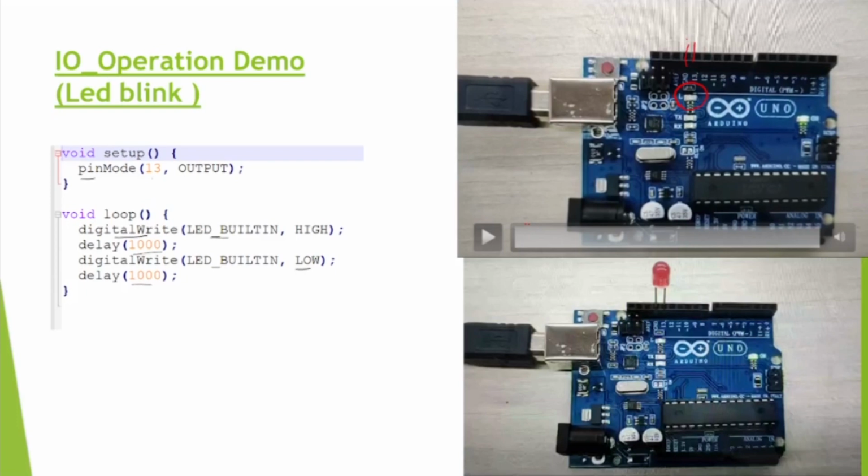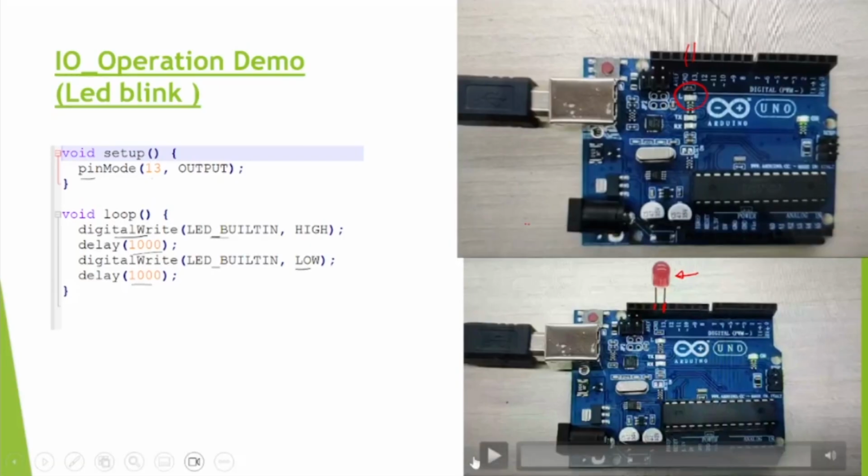Suppose I am defining the LED pin as 13 and ground, then I can connect in the second figure here. So this is an external LED, this one, external light. This is connecting to 13, you can see the number there, and it's connected to ground. Now I can write the program to blink this one also. This is an external LED.